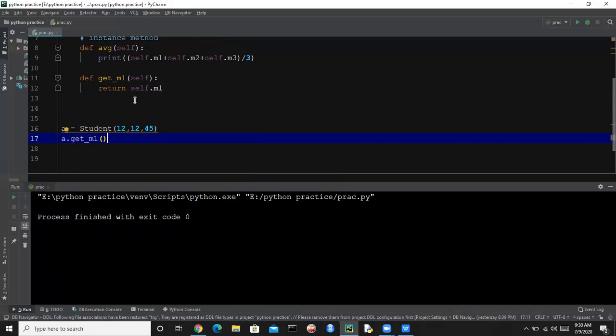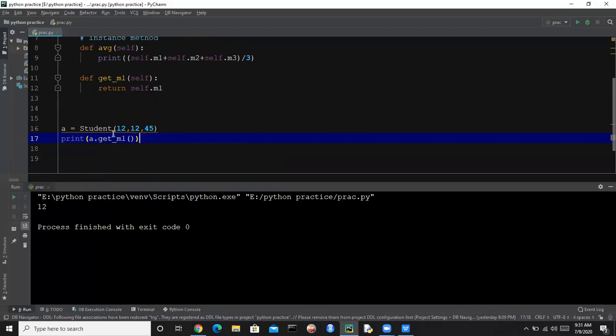Here it is returning a value. So now we need to use print for printing the value of m1. So let's print this, and it is saying 12. Yes, we have 12 for m1.